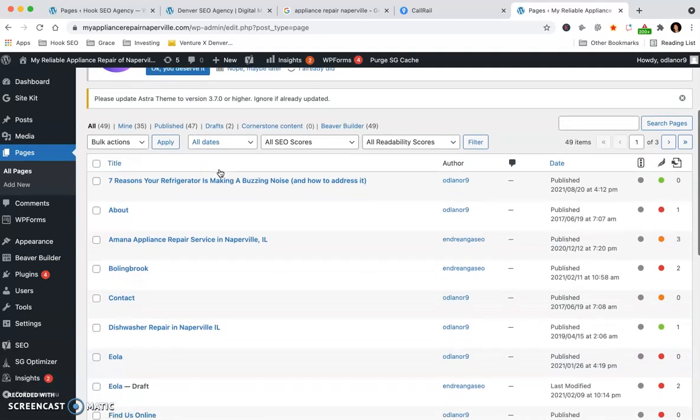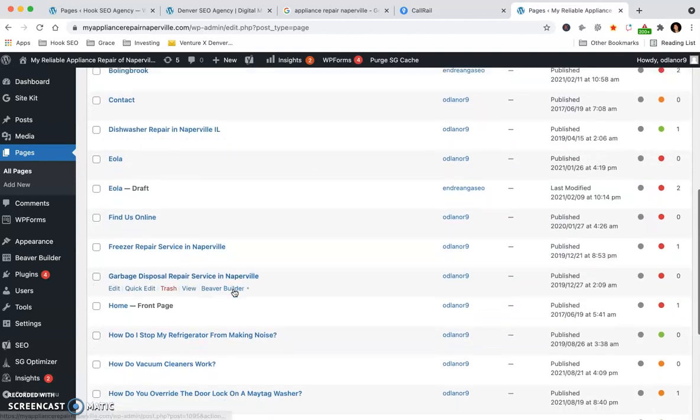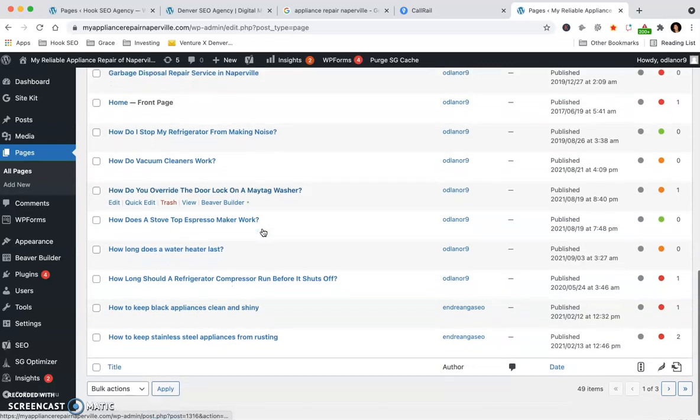But in this case, we targeted things like 7 reasons your refrigerator is making a buzzing noise. So people were searching, why is my refrigerator making a buzzing noise? If we scroll down here, how do I stop my refrigerator from making noise? People are searching that. How do vacuum cleaners work? How do you override the door lock on a Maytag washer? Now,